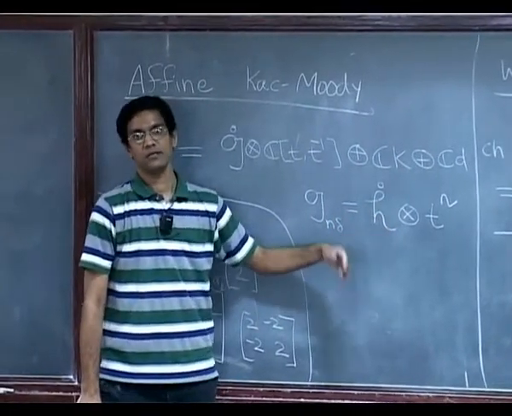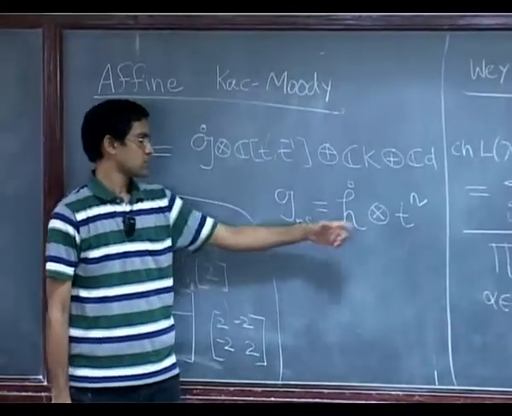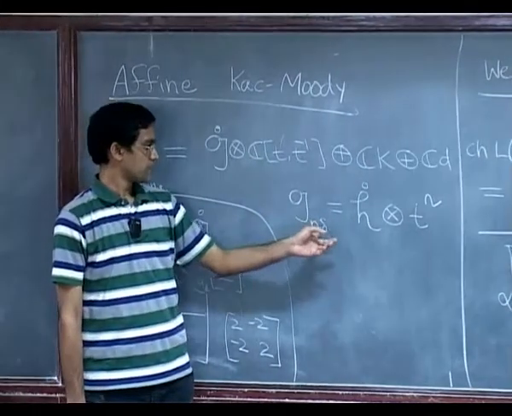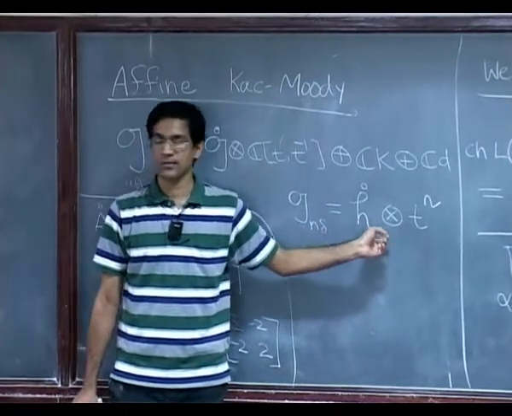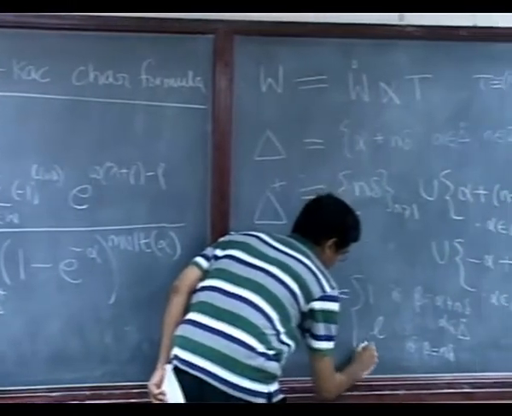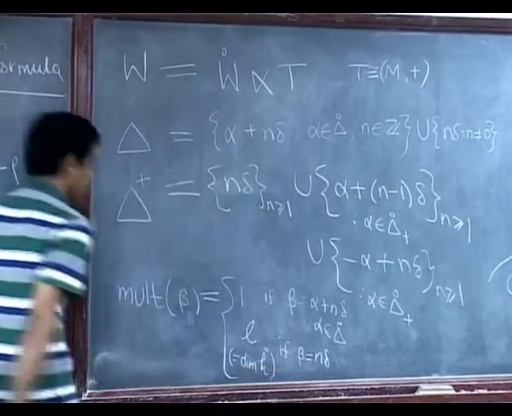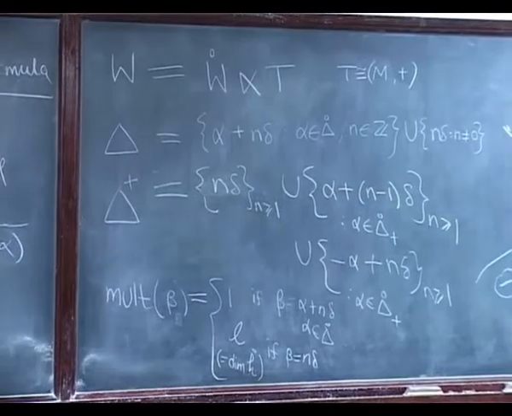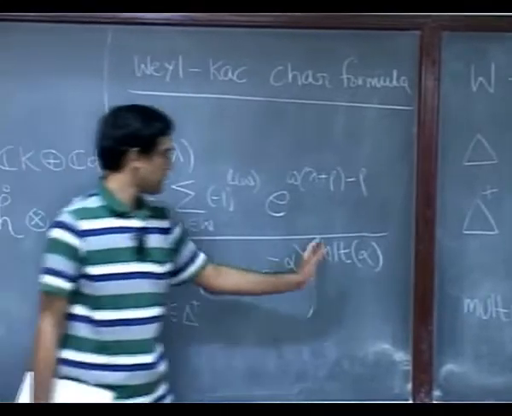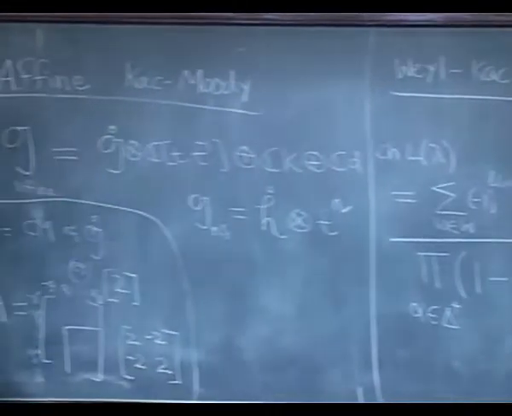I mean, we sort of gave this prescription and then checked that in fact it was a simultaneous eigenvector for the action of H and so on with the correct eigenvalue n delta. So, this root space is this guy, therefore, the dimension is the dimension of the underlying Cartan subalgebra. Okay. So, which we call L. So, this is L, which is nothing but the rank of the underlying finite dimensional Lie algebra, or equivalently the dimension of the underlying Cartan subalgebra, the finite Cartan. Okay. So, this is all. So, even though you do have multiplicities, it is not a wildly varying function of alpha, it is either one of these two values. It is usually 1 except for the n deltas where it turns out to be L.